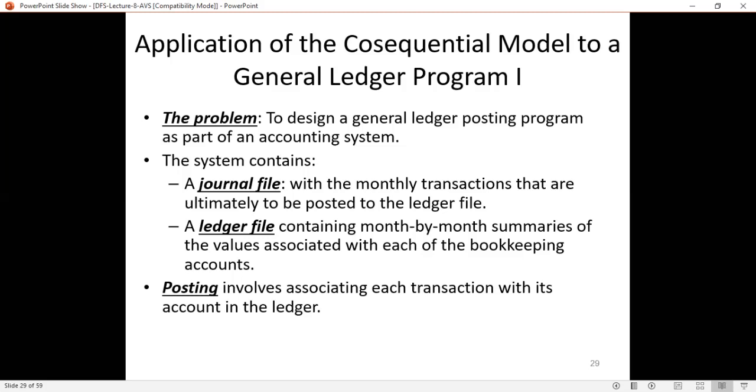That is, you are combining the monthly transactions with the ledger file and getting the output. Posting means getting a conceptual view, for example, the header line followed by the transactions and the balance line.